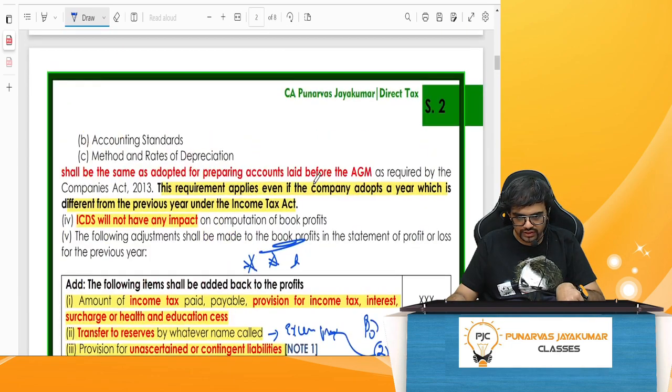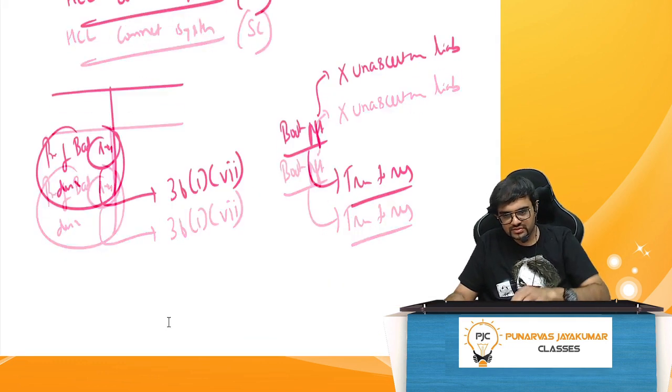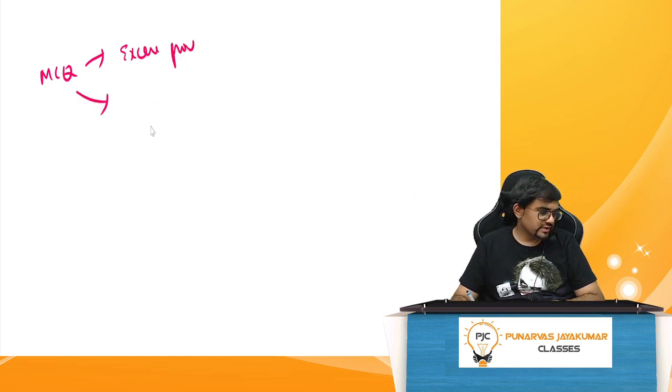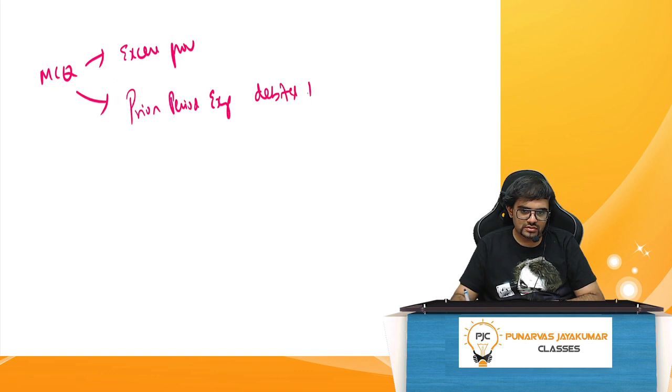Then one more point you can write down, guys. This was asked in the MCQ. Here I'll write. So there are 2 other adjustments in MCQ. One, excess provision. Second one, prior period expenses debited to P&L account. Under the Income Tax Act, it is grossly disallowed, not allowed,